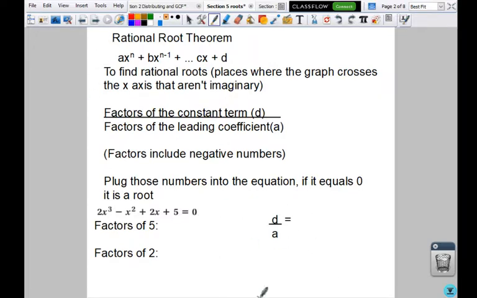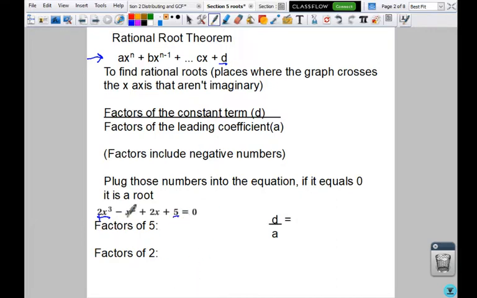So a rational root theorem, if I have a polynomial, it's going to look kind of like this. In this polynomial, I have ax to the n plus bx to the n minus 1 plus whatever plus cx plus d. My ax to the n is my very first one, my leading term. As an example, 2x to the 3 right here would be like ax to the n, where a and n are numbers. So in this one, a would be 2, n would be 3. And then, if I look at my very last one, which I'm going to call d, which in this problem down here would be 5,